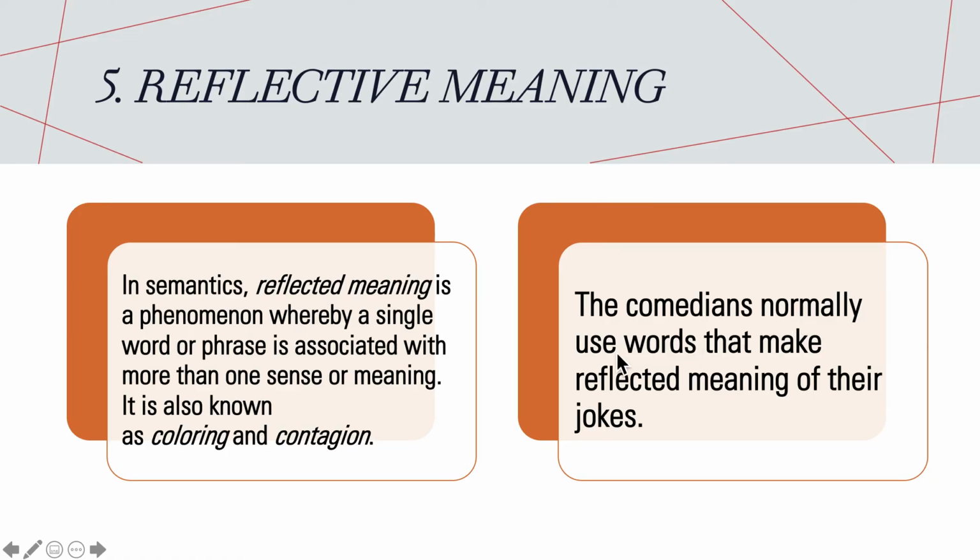The comedians normally use words that make a reflected meaning of their jokes. So reflected meaning means that a single word or phrase can have layers of meaning. And it is also known as coloring. In technical terms, we call it contagion. And the comedians normally make use of words in that manner that reflect the idea of reflected meaning. In jokes, we find reflected meaning normally. Next,